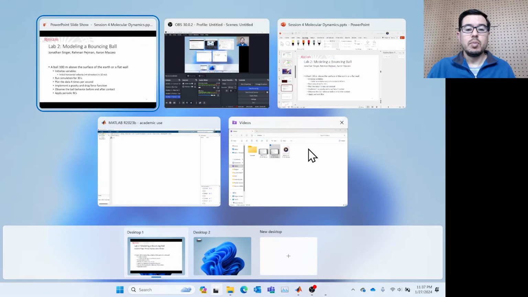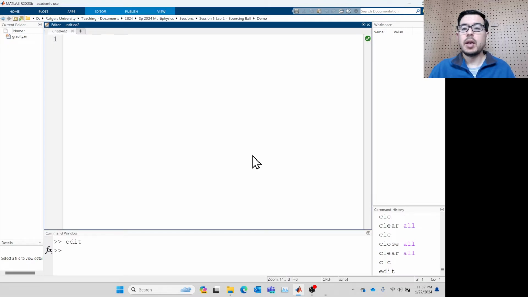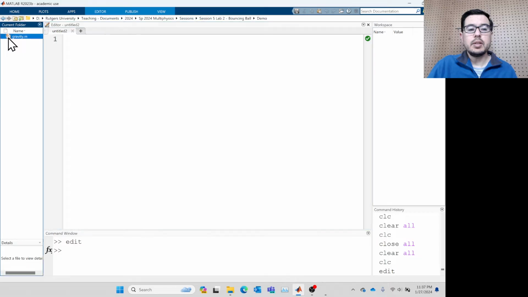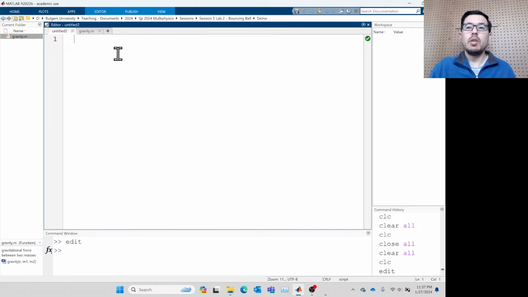We will go to MATLAB and open up a new editor file. And the only other file that we should have in our directory is this gravity function, which we defined previously. You might find it useful to do some copy and pasting from the code from the first lab, but for now we're just going to have the gravity function and an empty open script. As we generally begin, we'll put clc, clear all, close all in here, and then we'll use initial variables,